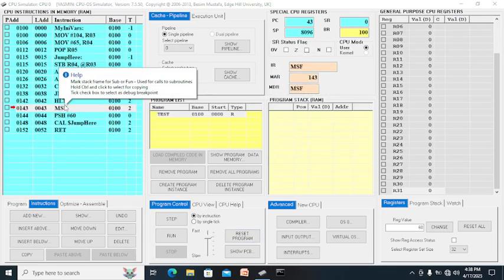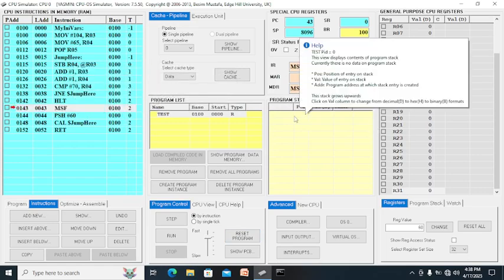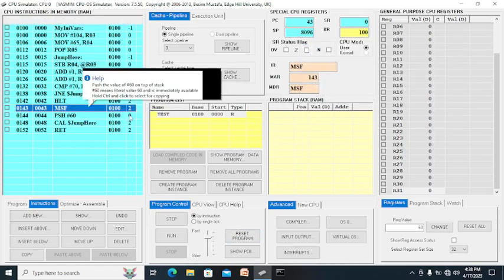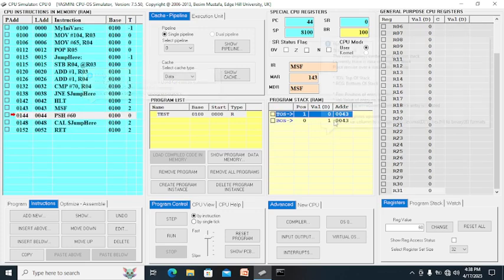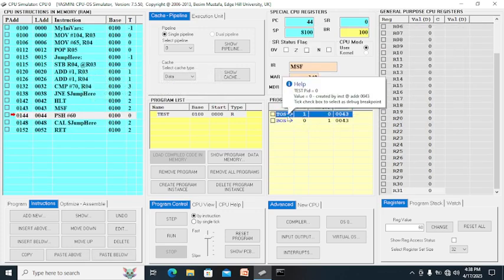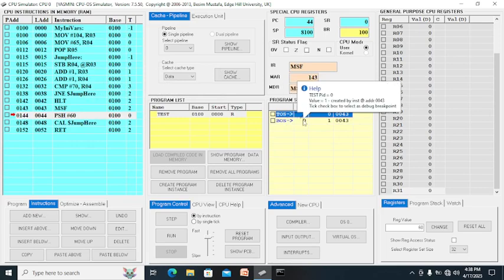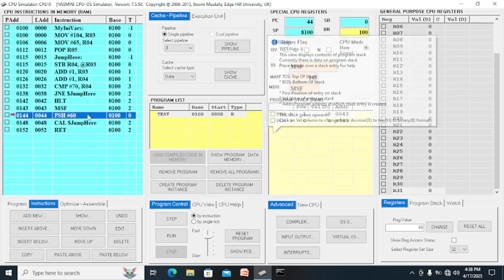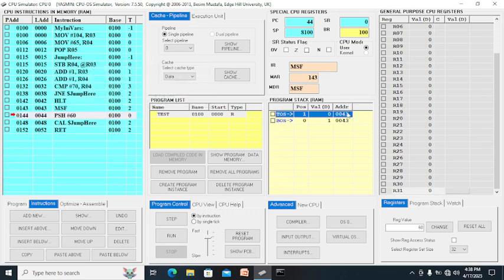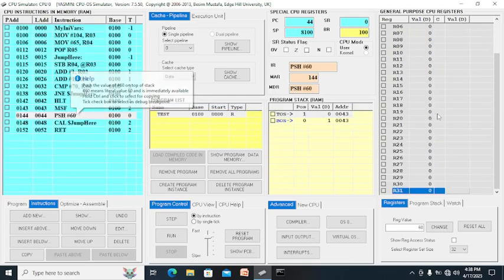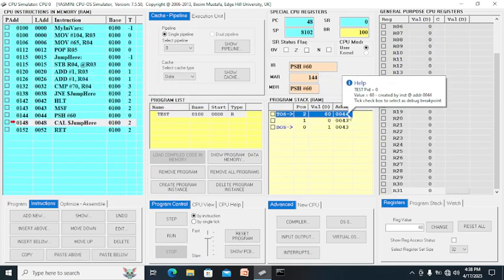After marking the stack frame, there should be a top and bottom, which is the top of the stack and the bottom of the stack. Okay, and the calling MSF is at 43. After pushing 60, you will see 60 is at 44.